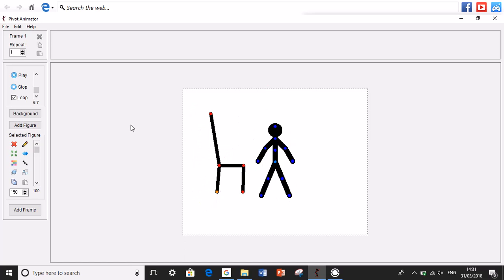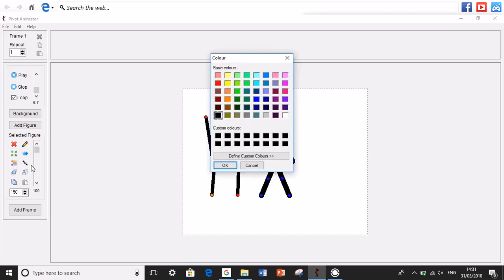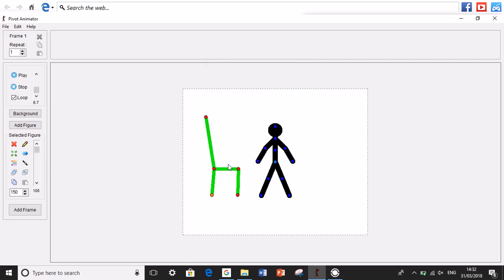You can see now that I've got this chair and this other figure, and this figure's gone blue. That means that whatever you do to this will not affect that figure. It can go through and it won't move that figure until you select it again by clicking on it. You can change the color too. If I wanted a green chair, I'll just simply click green and then click